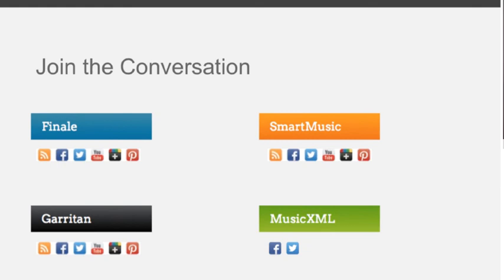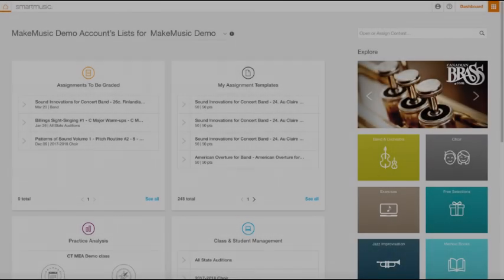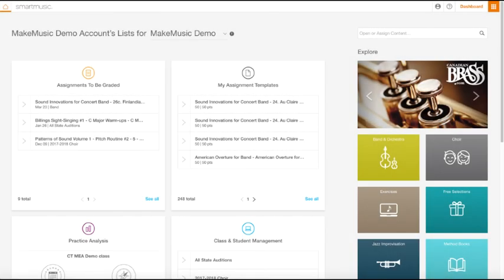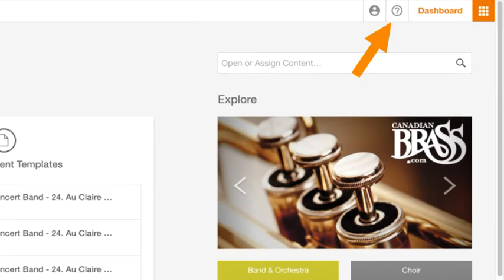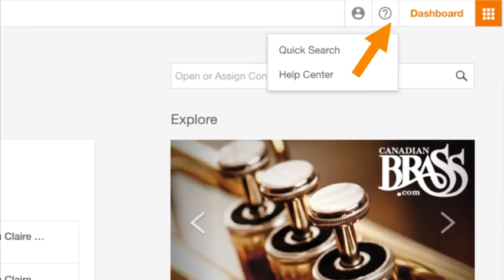And then the other thing to share with you is on the opening page of SmartMusic, in that upper right hand corner, is help. If you click on help, it brings you to a new page. So I'm going to just show you that real quick. Okay, I'm going to go to the home screen, and I wanted you to see. There it is, question mark. So go to the Help Center,